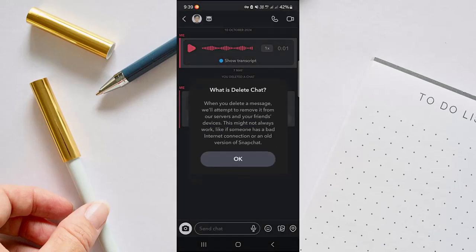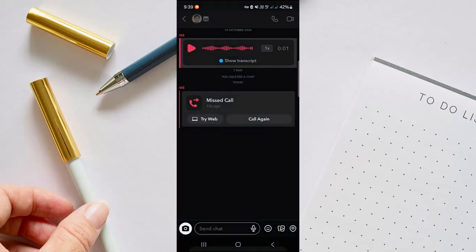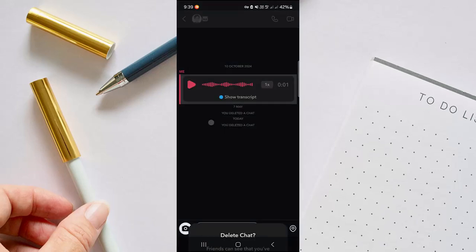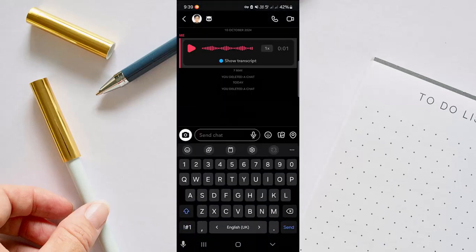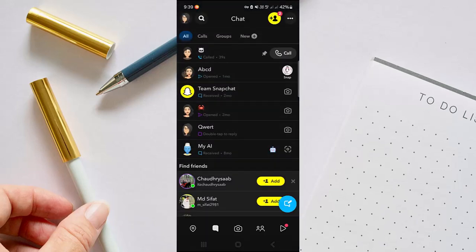Just tap on delete, and here as you can see, when you delete a message, we will attempt to remove it from our servers and your friends' devices. This might not always work, like if someone has a bad internet connection or an old version of Snapchat. Just tap on OK and tap on delete chat, and this call history is deleted. So yeah, this is how you can delete